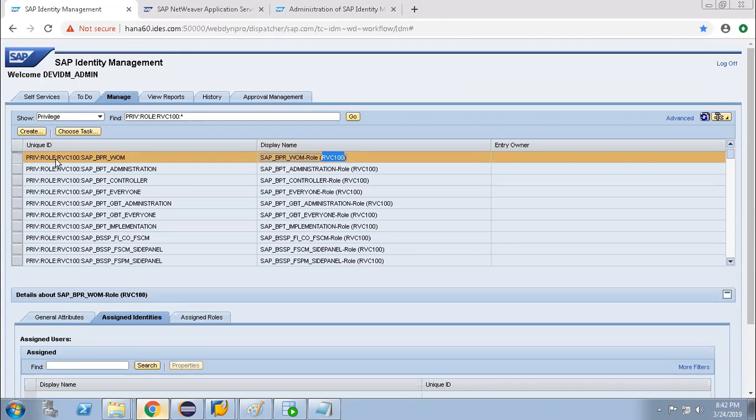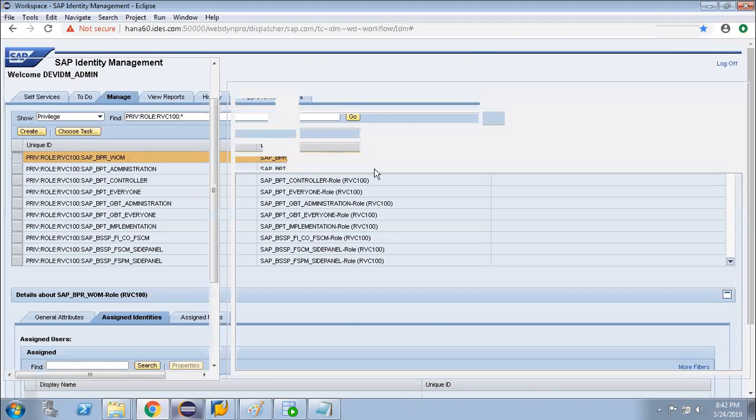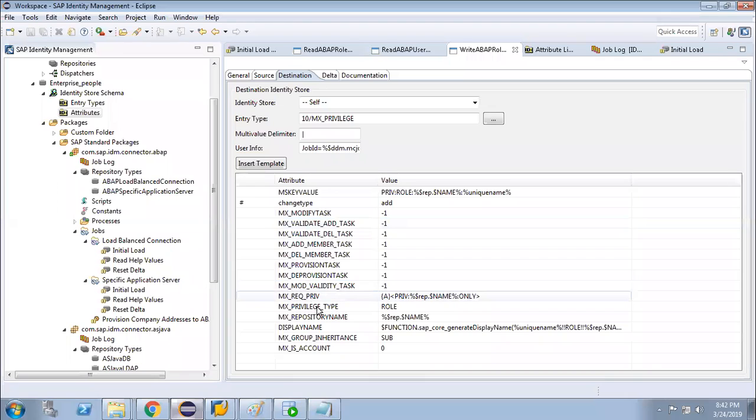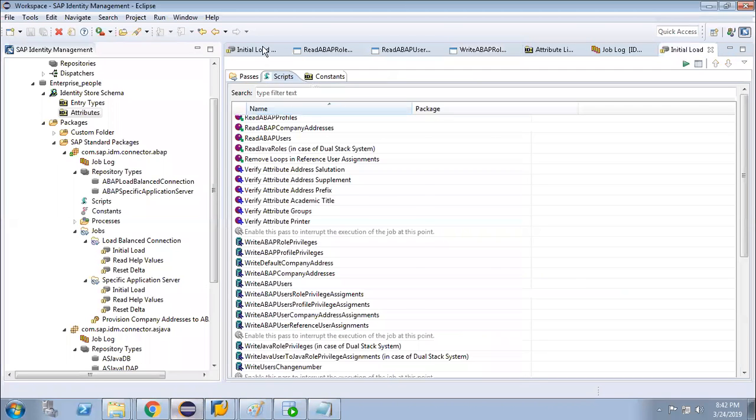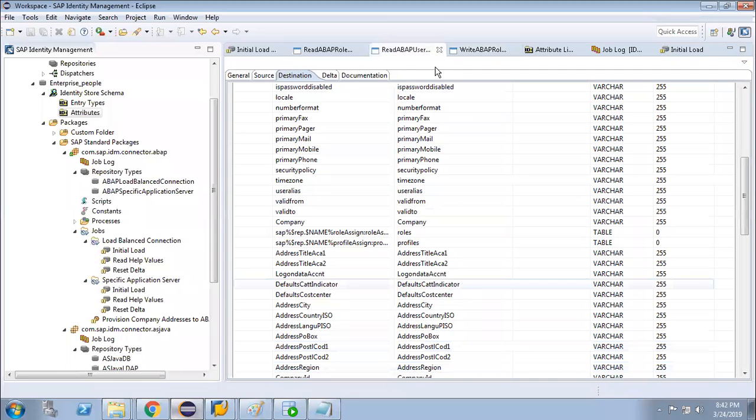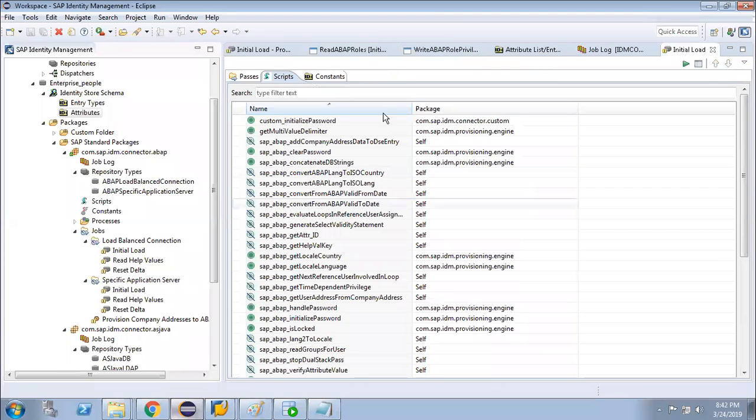If you go to the display name, what you will see? This is the display name. It is passing through a script. If you check the script, what is the script? Sorry, let me close this one.